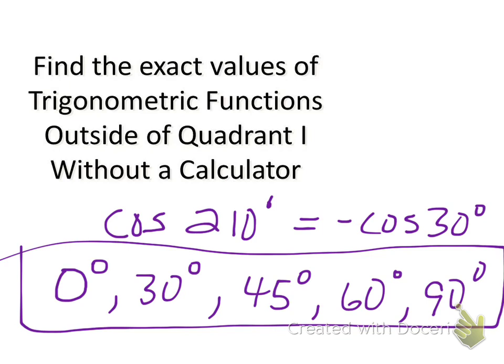So first of all, let's start with 0 degrees. And we're going to do all 6 trig function values for 0 degrees. And we're going to do it using the ratios, by drawing a triangle that has a 0 degree angle. Now, could you actually have a triangle that has a 0 degree angle? No. The triangle itself doesn't actually exist, but our calculus students will tell you that in calculus, you have